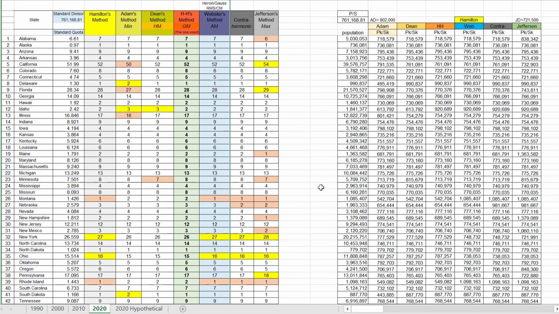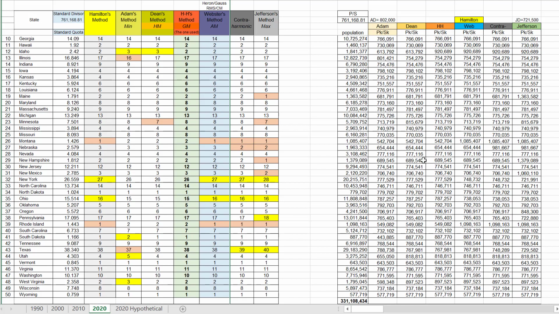All right, so the first thing we'll look at is how many people per seat we get with the apportionments. So I've got the population right here of each state, and what I'm going to do is divide that population by how many seats each state would get depending on the apportionment. So with Alabama, every apportionment gave Alabama 7 seats. So this population divided by 7 is roughly that number. It's rounded, but that's enough digits. Except for Jefferson. Jefferson would have only given Alabama 6 seats. So if I divide this number by 6, it's a higher people per seat. And so you just do that with each state and each apportionment, and you get how many people per seat